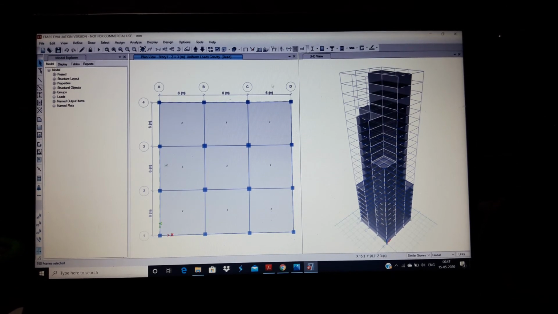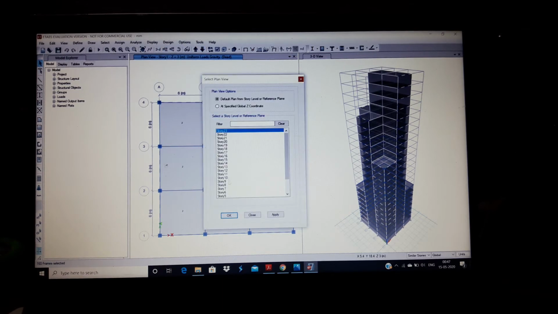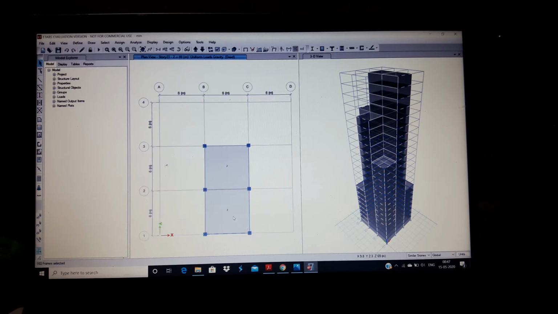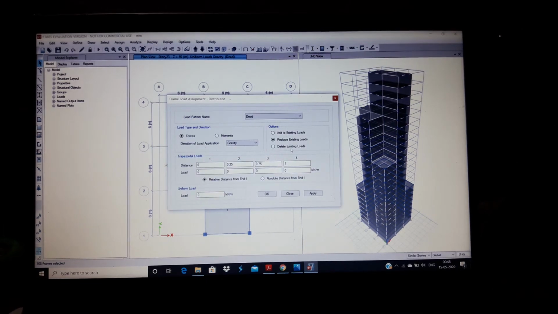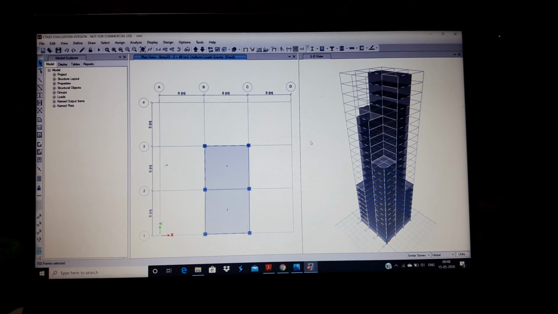After applying this cladding load, go to story 23, as the top floor cannot afford to have cladding walls, so just delete them by clicking here and then assigning frame loads and then distributed. Choose delete existing loads and then click on apply and OK.